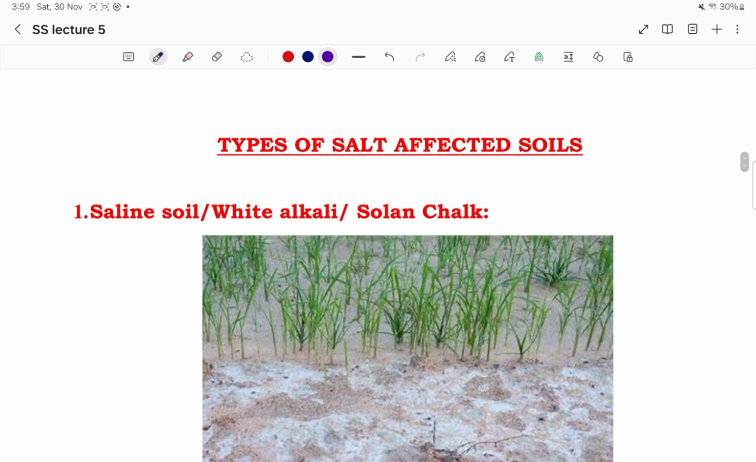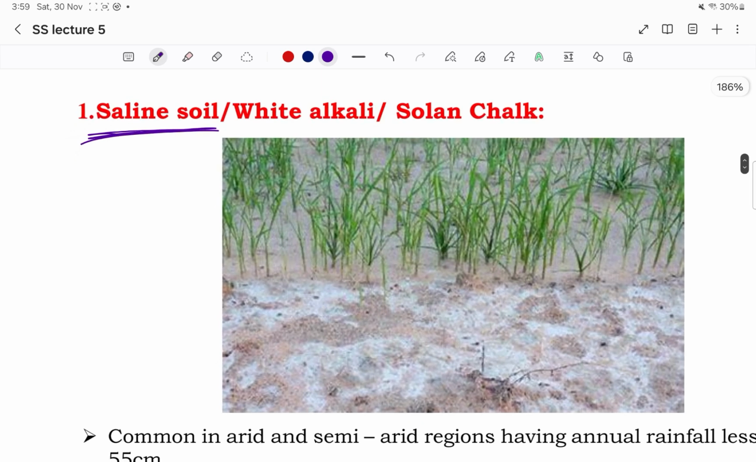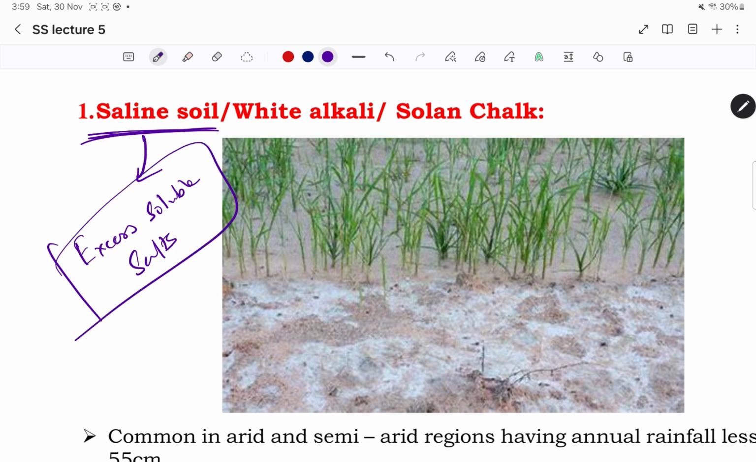The topic of today is salt affected soils. First one is saline soil. By the name itself, saline soil has excess soluble salts. What are the salts? Which salts? The salts can be